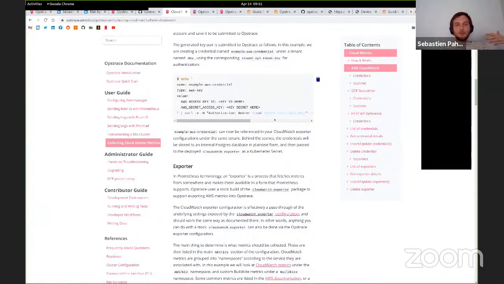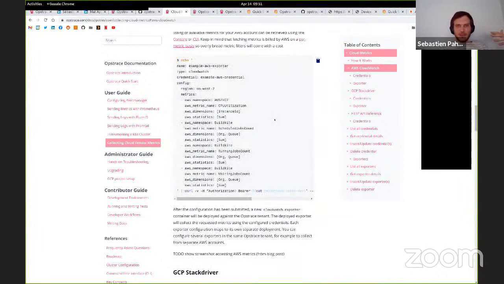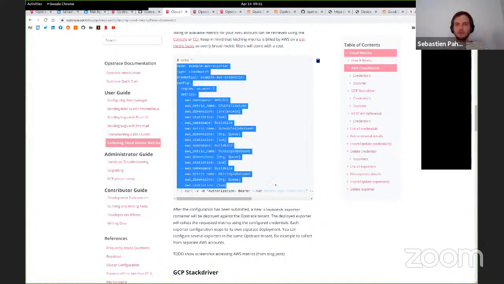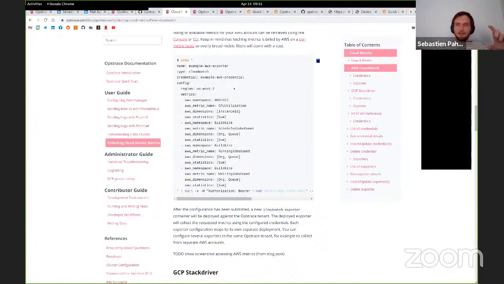And then we also allow you to submit these simple YAMLs to create these exporters and start scraping things. For example, this example here will deploy an AWS exporter inside of the dev tenant, and it will get CPU utilization for instances, and all metrics that are in the namespace BuildKite. We use BuildKite as our CI system, so they generate metrics. This is how we can scrape them out. Everything you can configure inside of this exporter can be submitted to this API to generate multiple instances of these exporters that get multiple things from different providers.